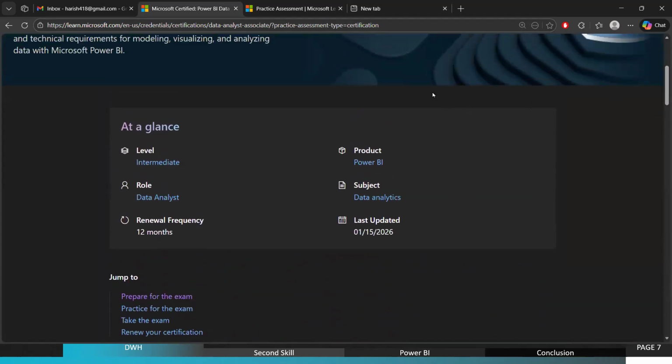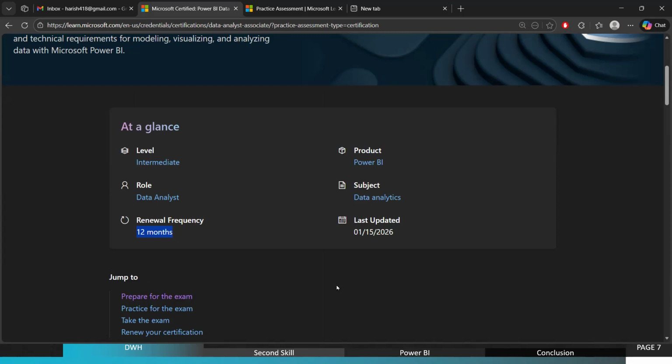If you see here, the renewal frequency is 12 months. So every 12 months we need to take the reassessment, and taking the reassessment is free of cost. They don't charge anything, but they put a reassessment just to make sure that whoever has this certification knows the topics very well.